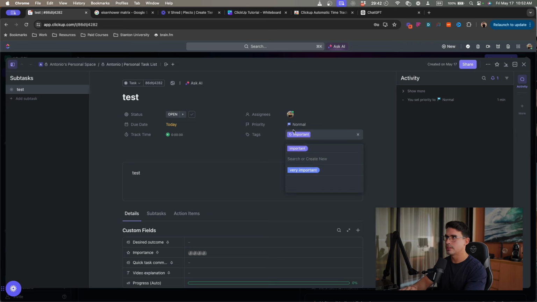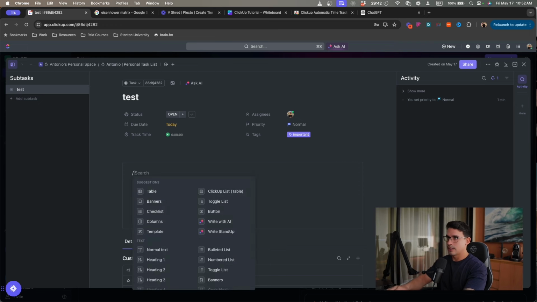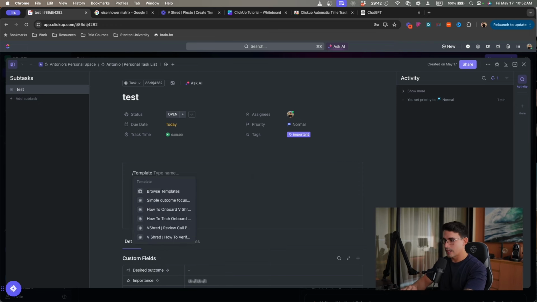So if you combine these two, you can get closer to the prioritization matrix that would allow you to create a ClickUp account that works to help you instead of confuse you. And then one thing that I set up on my account over here, it's templates. And templates are a very important and powerful thing to set up in ClickUp.